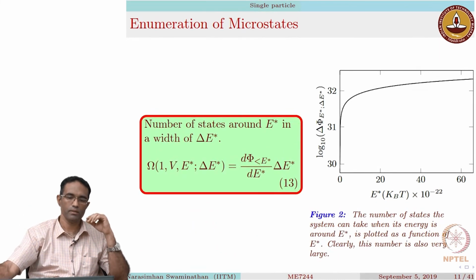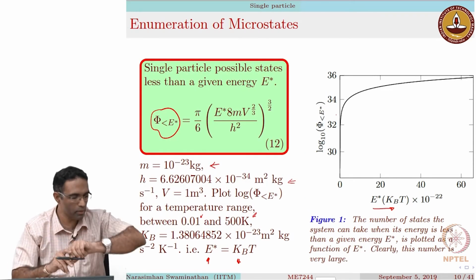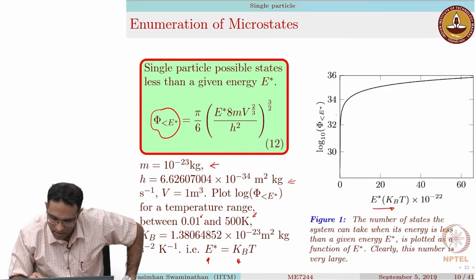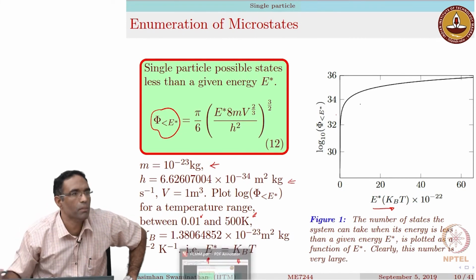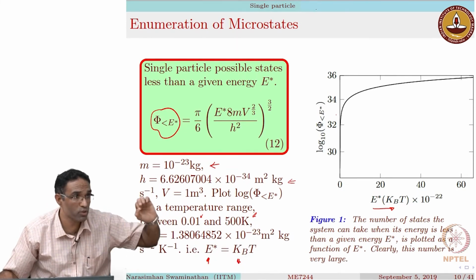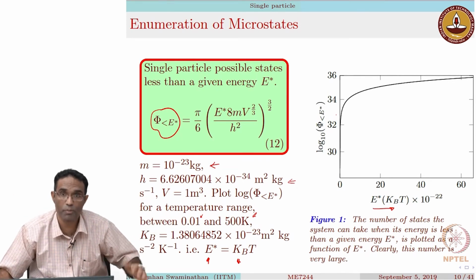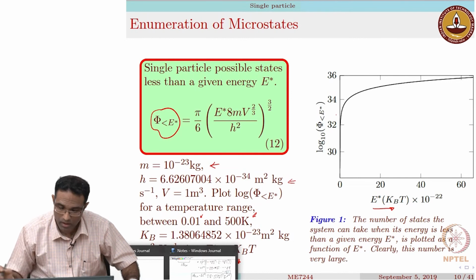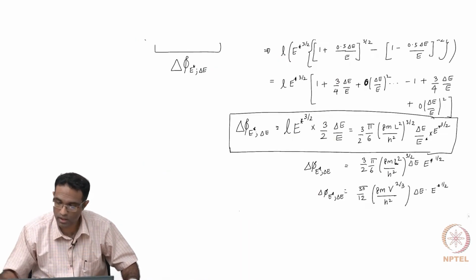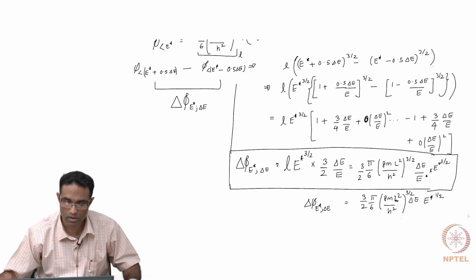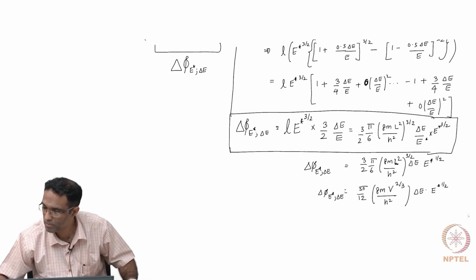Now I just need to do a little bit more to talk about the next slide. So you agree that this is a large number, right? It's a very large number for just one single particle inside a box, and this is obviously going to increase if you have more particles. Now let us calculate the function. So I need to rewrite certain things.